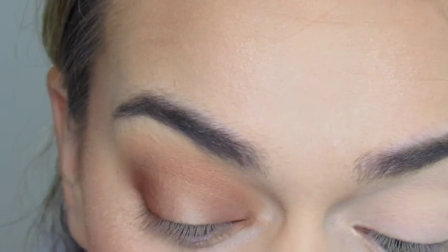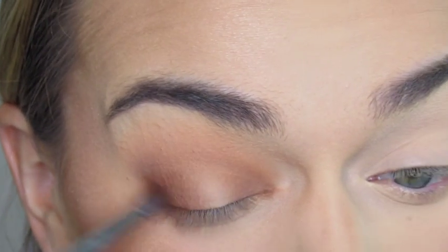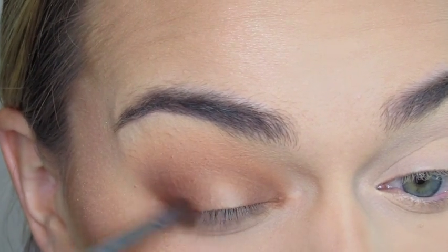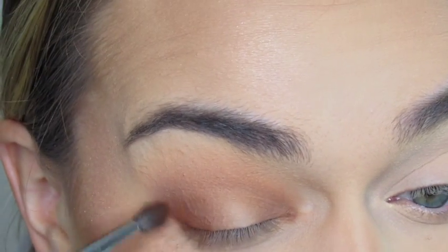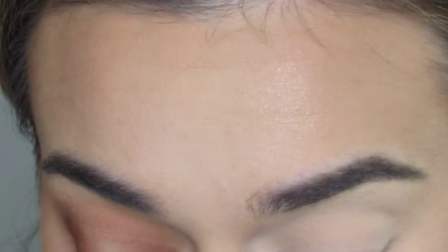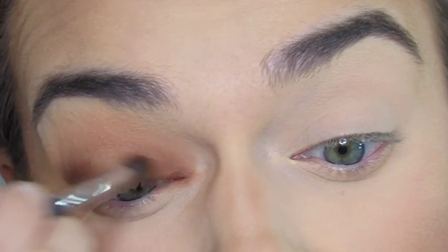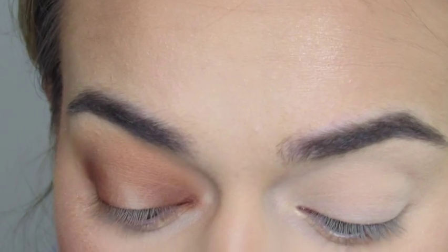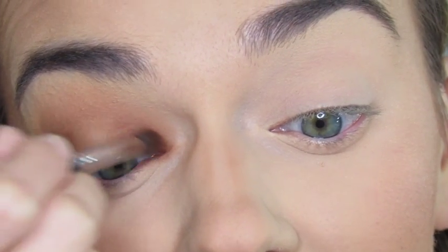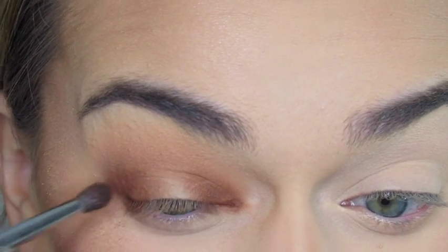And I'm telling you, the way these shadows just blend out so easy, it makes creating this look so easy. And it makes it look so good because these eyeshadows are so blendable and pigmented, and I love a good blendable pigmented eyeshadow, especially when every single eyeshadow in the palette performs. It's just the best because you know you can pack this palette if you go on vacation or anything, and you know all the eyeshadows in the palette are going to be blendable, pigmented, and work for whatever look you want to achieve. And then I'm just tapping it here in my inner corner, creating that nice dark outer V